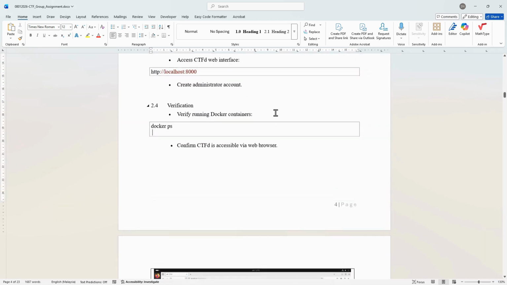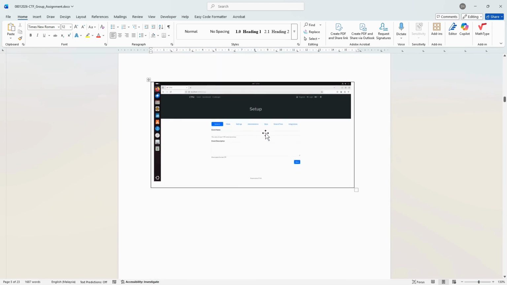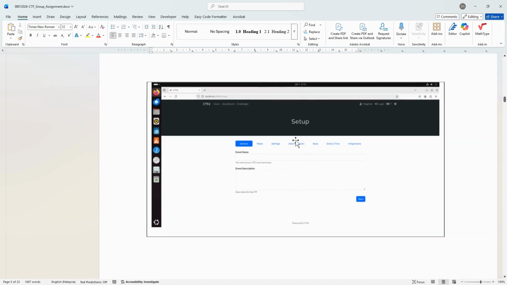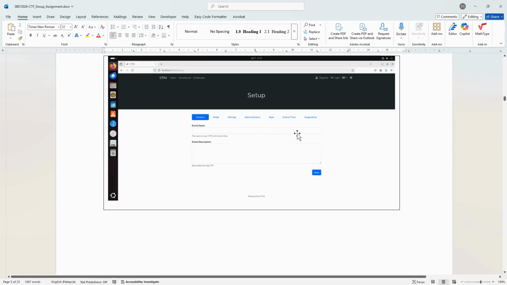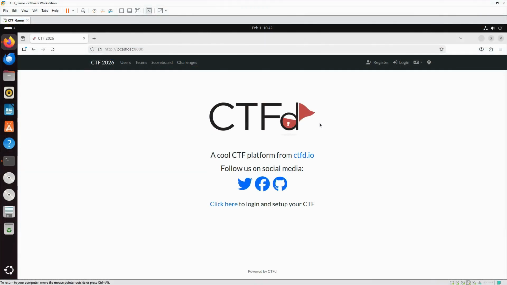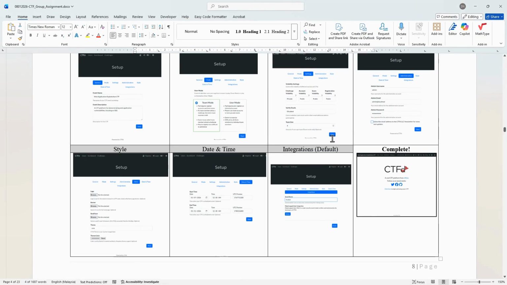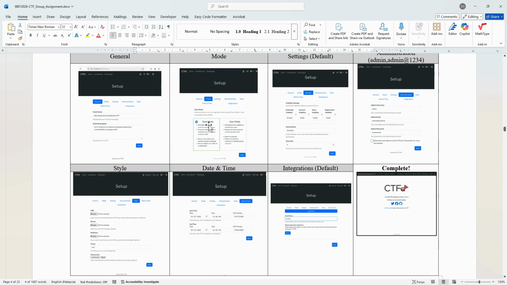After we set up CTFd in Docker, it will form this page, an example of this page, where it shows how to set up CTFd on the localhost. After we have installed CTFd into Docker, we need to set the CTF front page. So to set up,